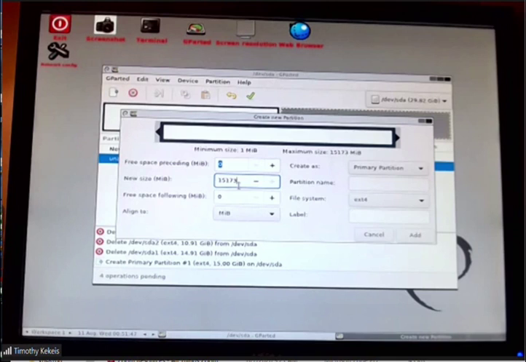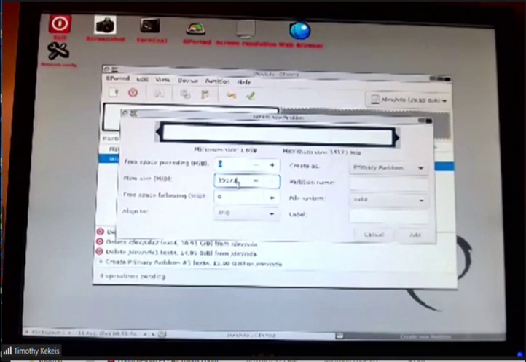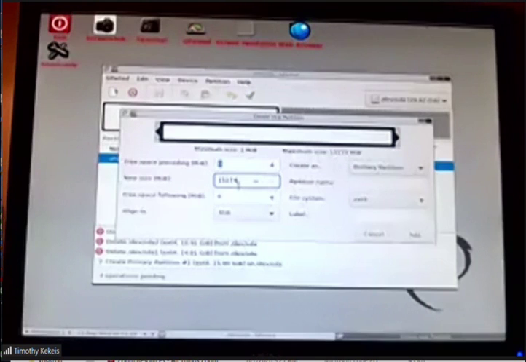Hang on 1 second here, mostly because I forgot what I was partially doing here. So I'll cheat a little bit. And I've got 15,173 minus